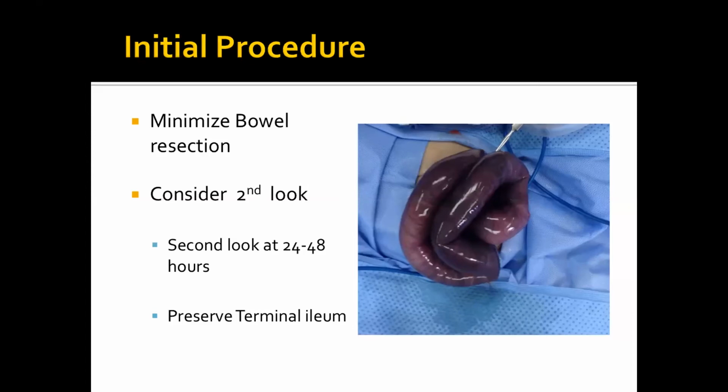Okay, yeah, that's reasonable. So the idea is to minimize the resection as much as you can. If you see the bowel looks not perforated, it's probably questionable, then de-twist the bowel if this is whatever the underlying cause of the ischemia, deal with it, and then drop the bowel, close the abdomen temporarily, and bring them for second look after 24 to 48 hours.